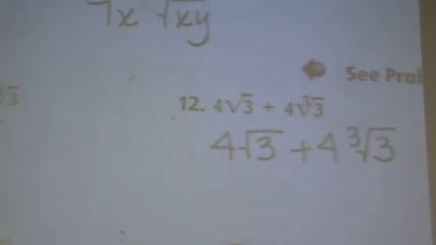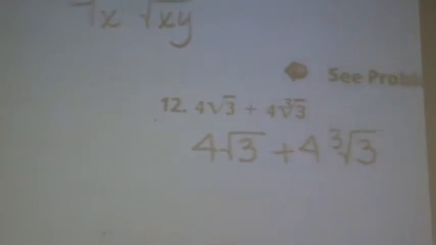Uh-oh, number 12. Can't do this one. Can't do it. If you're asked to simplify this, what I would write on my blank is this. That's simplified. It's the original question. That's as simple as it's gonna get. Can you put can't in the blank? You can write can't. Don't write